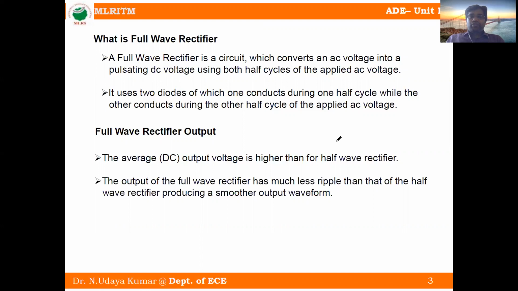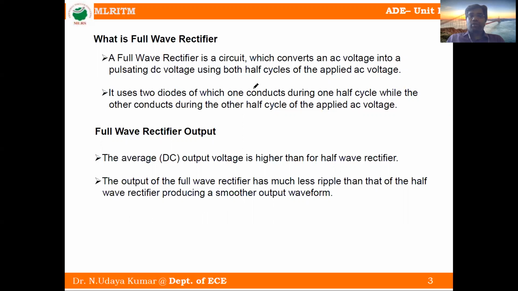It uses two diodes, of which one conducts during one half cycle while the other conducts during the other half cycle. The average DC output voltage of a full wave rectifier is higher than that of a half wave rectifier. The output has much less ripple factor than a half wave rectifier, producing a smoother output waveform. The main thing in full wave rectifier is it rectifies two cycles,